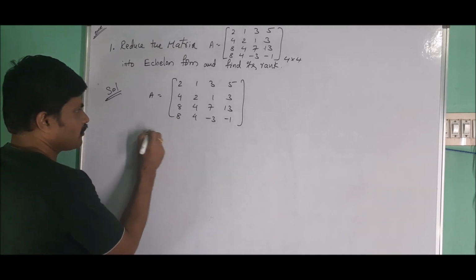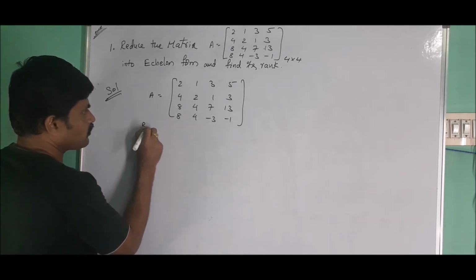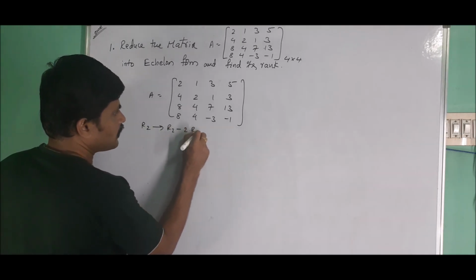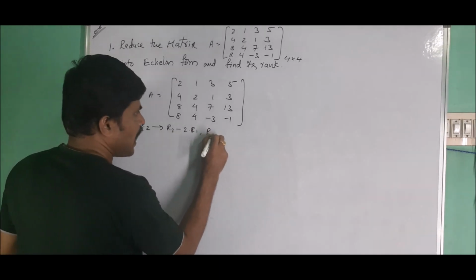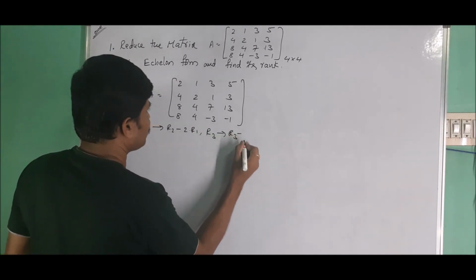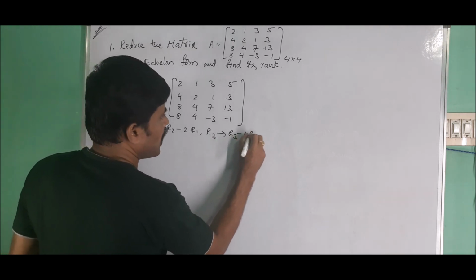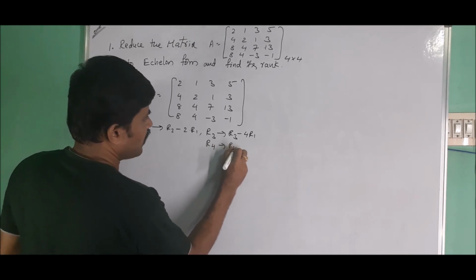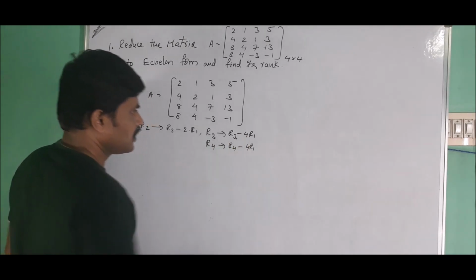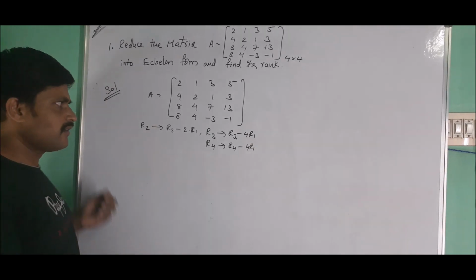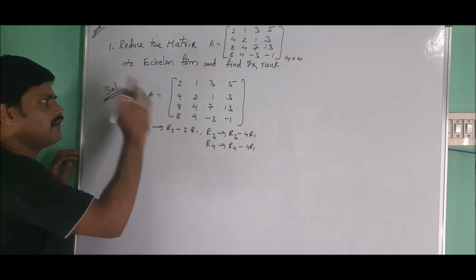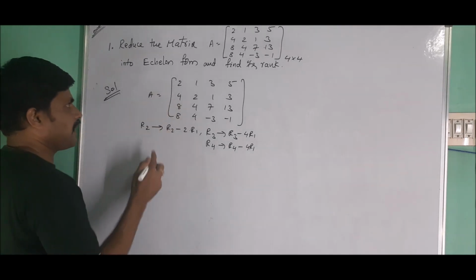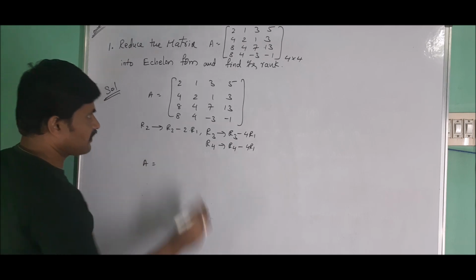So, the row transformations are: R2 changes, R2 minus 2 into R1. Similarly, R3 changes, R3 minus 4 into R1. R4 changes, R4 minus 4 into R1. Now, these are 3 row transformations. Here we apply second, third and fourth one. So, first one is applied for this. Now, the matrix A equals to,